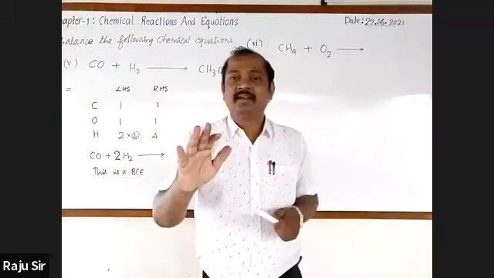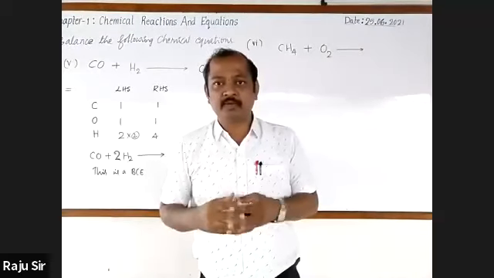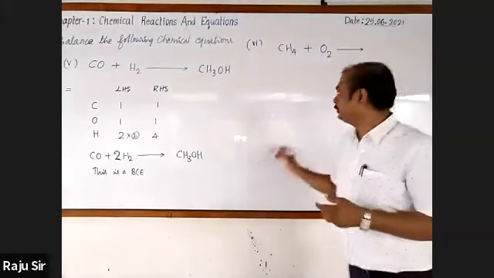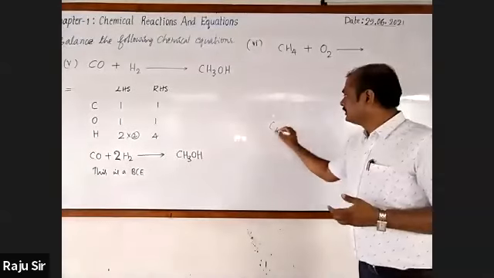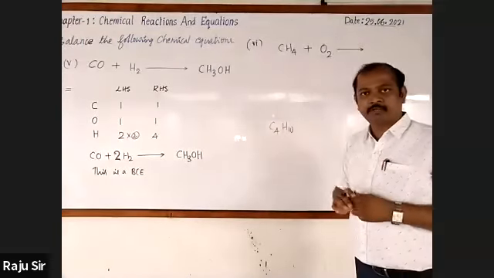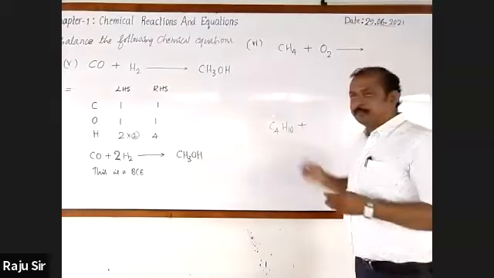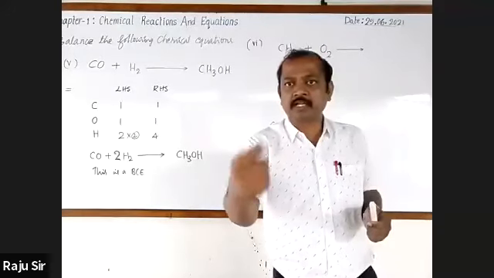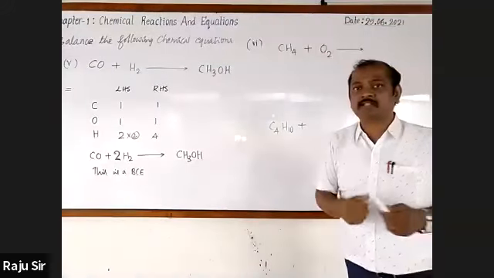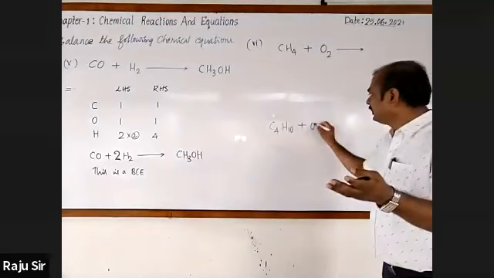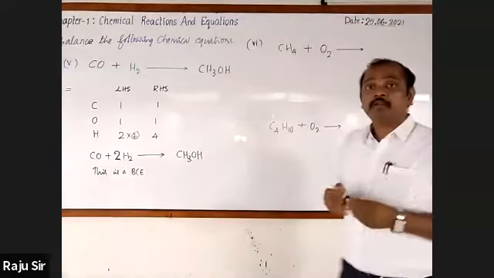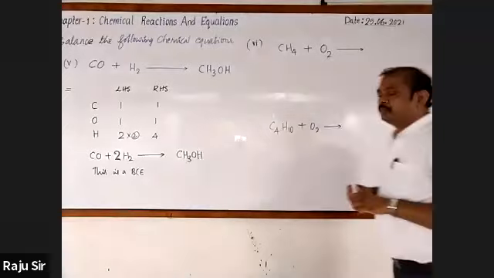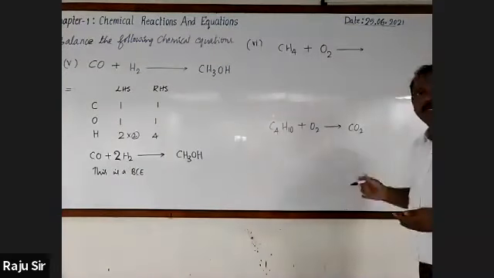Generally, whatever cooking gas we are using is nothing but LPG, liquefied petroleum gas. In that, the main component is butane. Butane's chemical formula is C4H10. When you bring a lighter nearby and press it, the spark touches the butane and immediately it catches fire. It reacts with the oxygen and produces some compounds to the atmosphere. The most common compound is carbon dioxide.